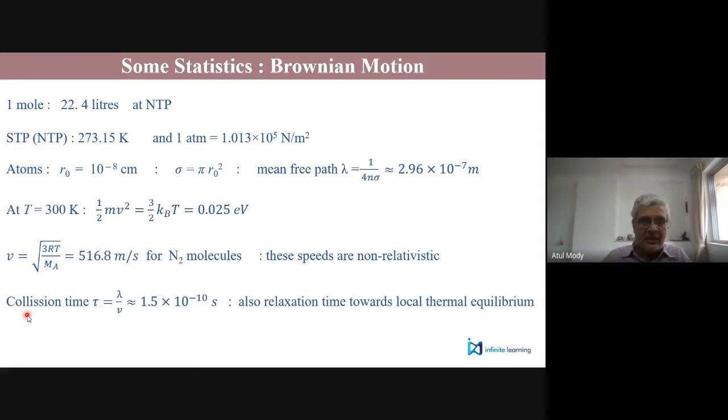And then, of course, how much time it takes to travel one mean free path with this speed, that time is 10 raised to minus 10 seconds. So we just estimated, suppose you have about half a meter size box, then the gas molecules from half of the box to fill up the entire box would require about a millisecond to microsecond of time. Practically not noticeable. As soon as you blink your eye, you will see that all the gas is spread in the entire box.